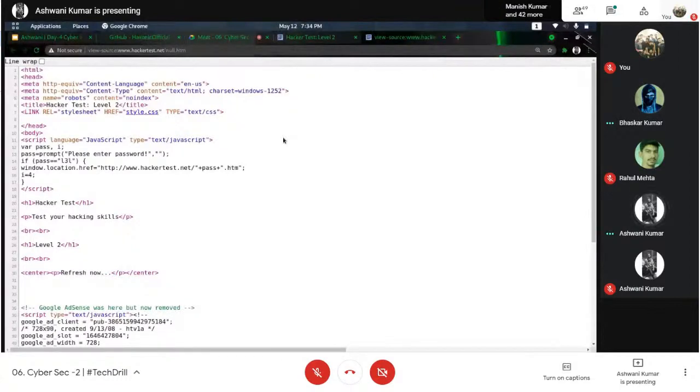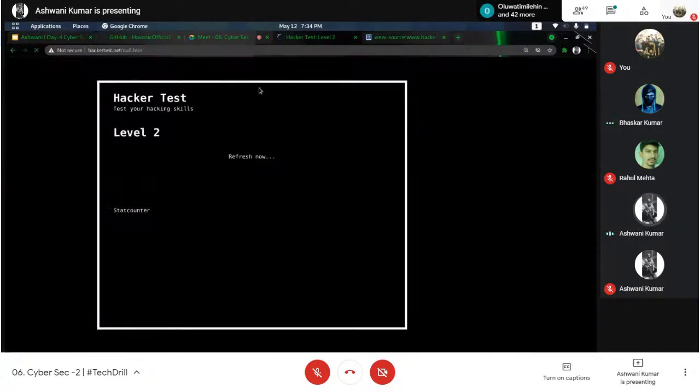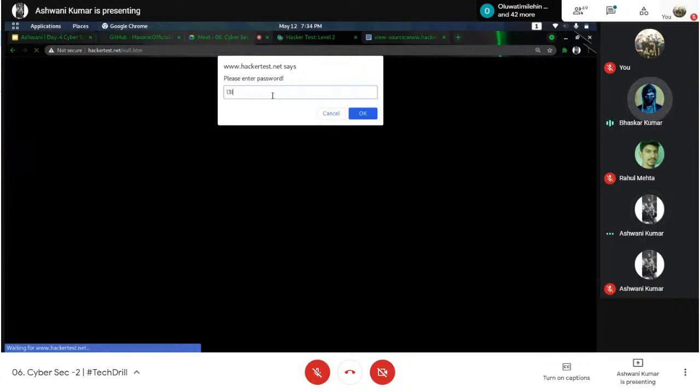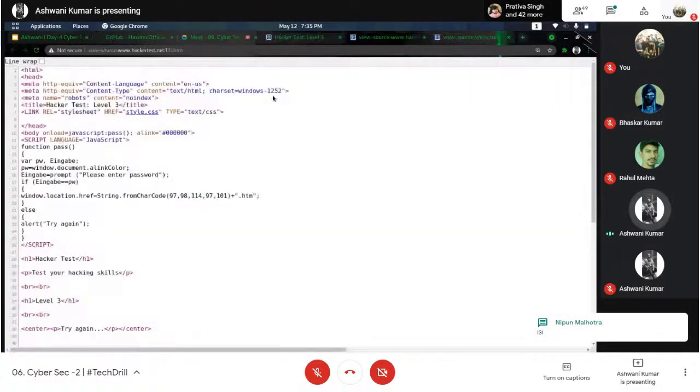Okay, yeah. If not inspecting, you can see the pass is equal to this. Of course, this has been explained by Bhaskar in the previous section. So upon copying this and pasting that, people are thinking that it is 3131, but it is actually L3L.